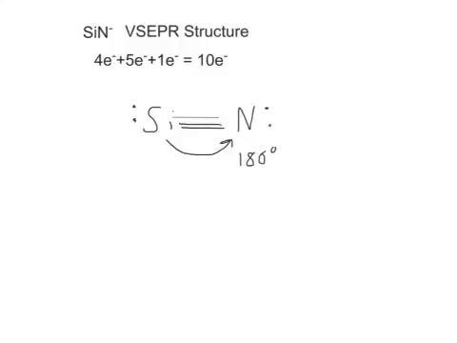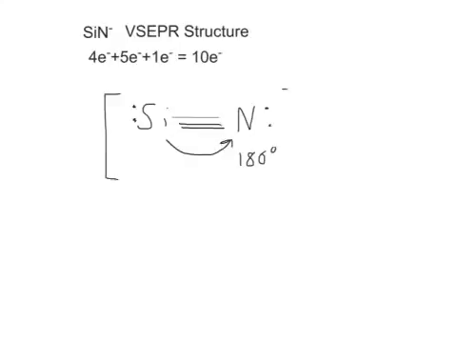So now that we've indicated the angle, the only thing left to do for the VSEPR structure is to show that it's an ion, and we do that just by putting brackets around the structure and adding the charge right there in the corner. Lastly, let's just indicate that the molecular geometry is linear,